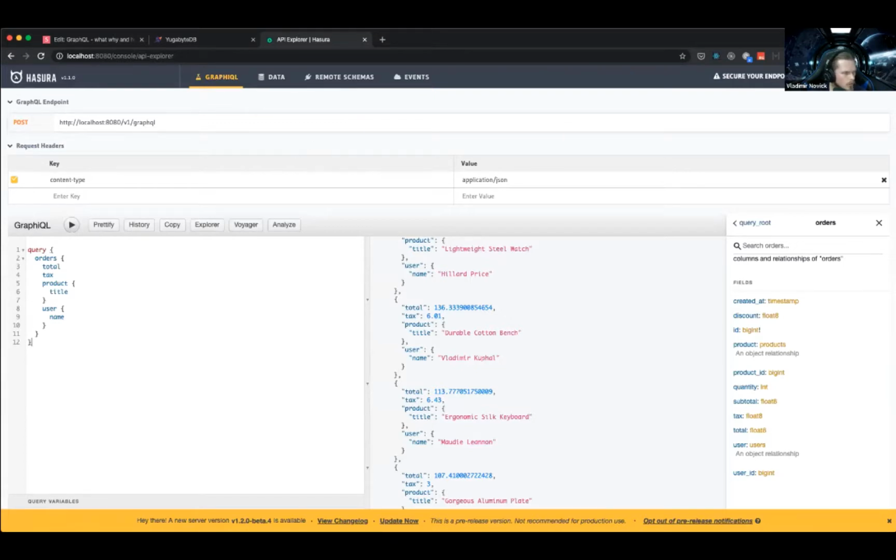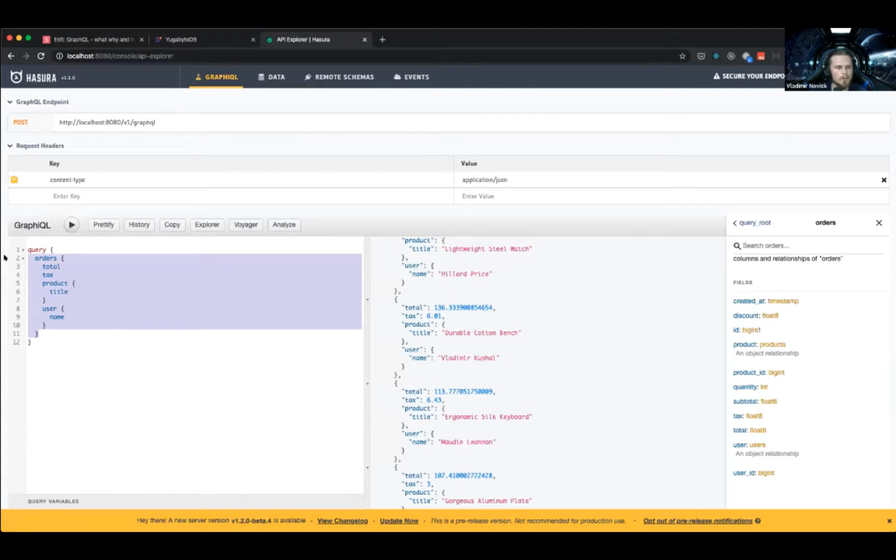Another question, does Hasura depend on particular database versions? For instance, can earlier Postgres versions still provide the access like the schemas you've been showing? I'm not sure. Honestly, I know that in the last year and a half, maybe 2 years, all the versions from the last 2 years are supported, right?